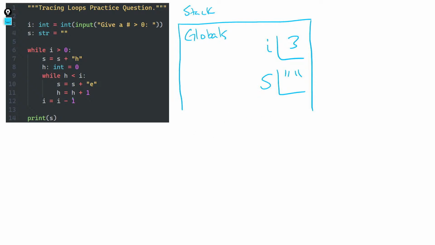All right, we then reach a while loop. And as you just learned, a while loop works initially kind of like an if statement, where we test whether or not this Boolean condition is true. So we see this reference to i. So we look up in memory, what is i? It's 3. Is 3 greater than 0? Yes, it is. That's true. So we go into this loop.